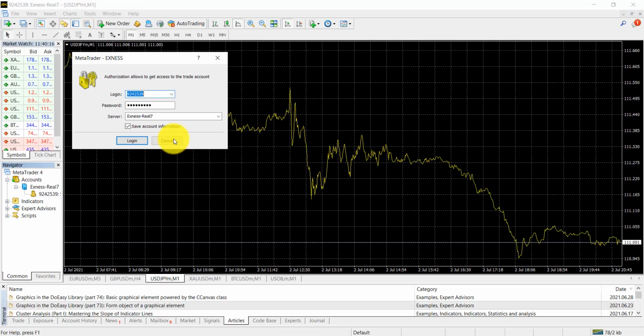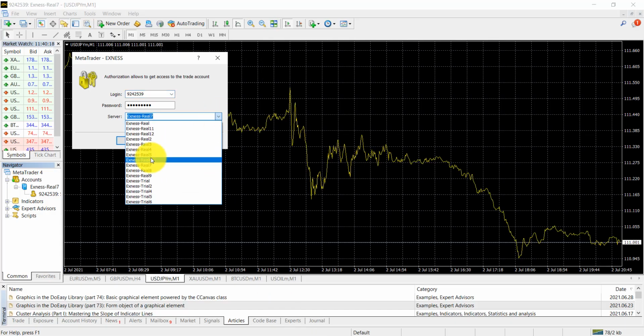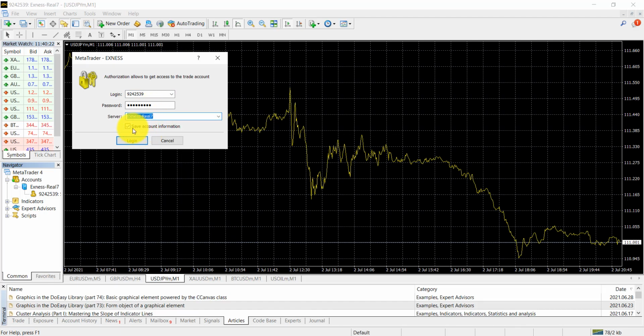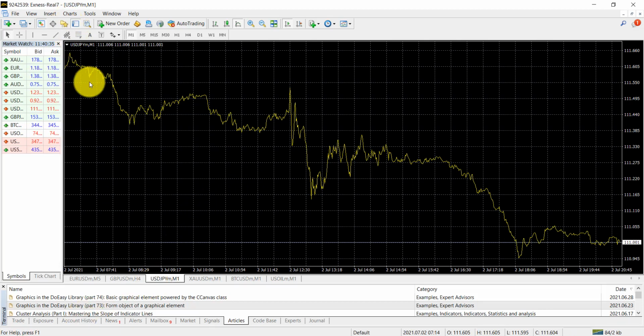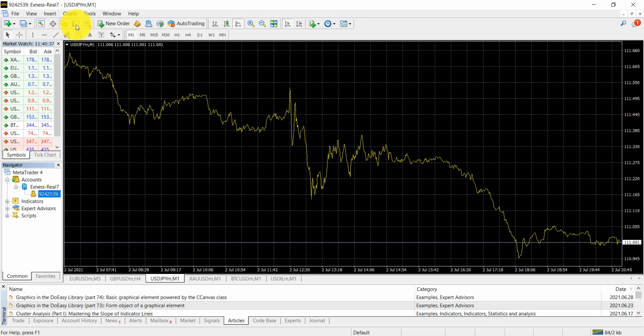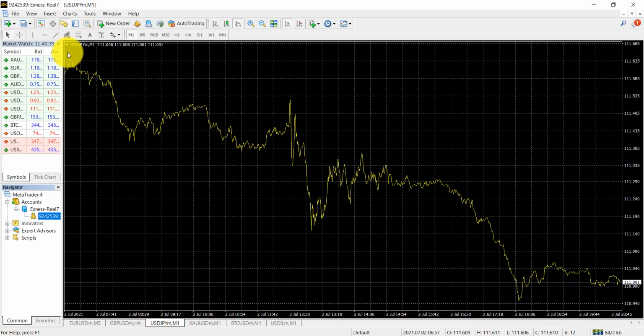From here you just select, and lots of options are available. You can just select real account 7, then click save account information, then click login. This is the login. This is the simple system. You can find this page, then you can customize. How to customize? From here just click this button, then this button, then downward is empty.